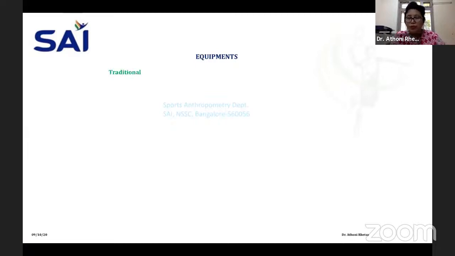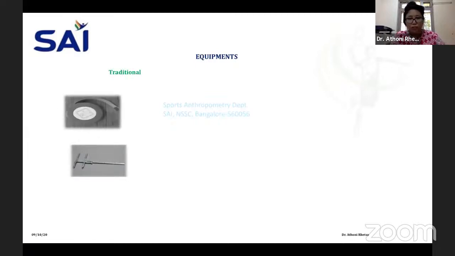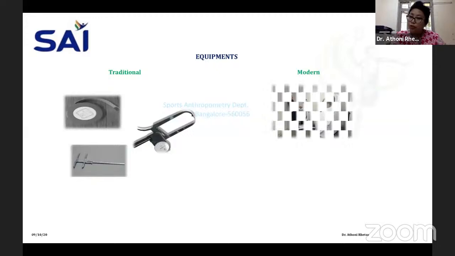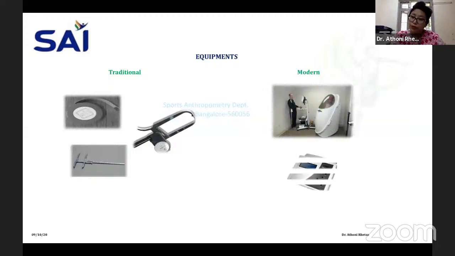What are the equipments commonly used for this assessment? Okay, this is a traditional one that we have: the circumference, the sliding caliper, the skin fold caliper, which is commonly used for body composition assessment. Now the modern one, we have got the BOD POD also, we have got the BIA also. Okay, तो ये सब इक्विपमेंट इस्तेमाल होता है असेसमेंट में।